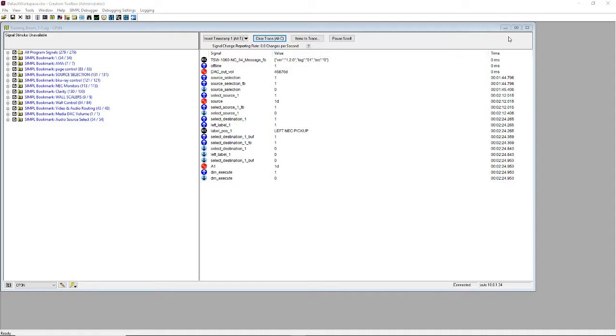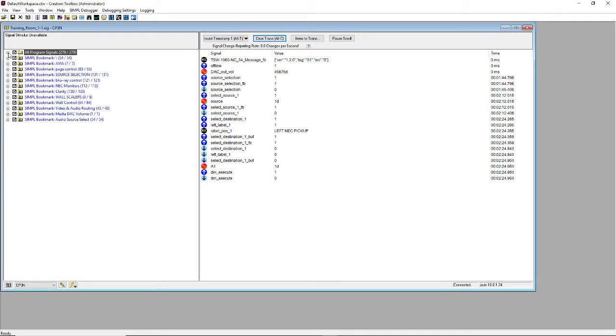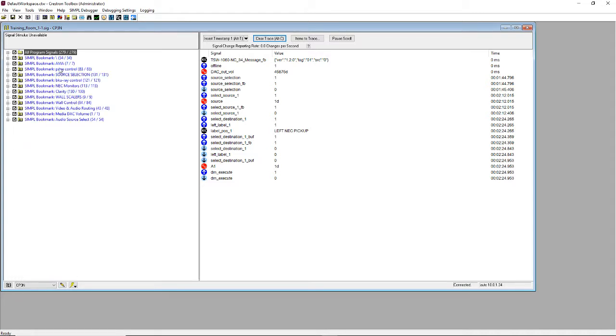Okay, now we can drop out of this, or if we want to look at other signals at the same time, you can expand these so you get all program signals, or you can look at just the signals that are associated with particular bookmarks. And these tie back to the bookmarks that are in the simple Windows program display. Okay, we can drop out of this,